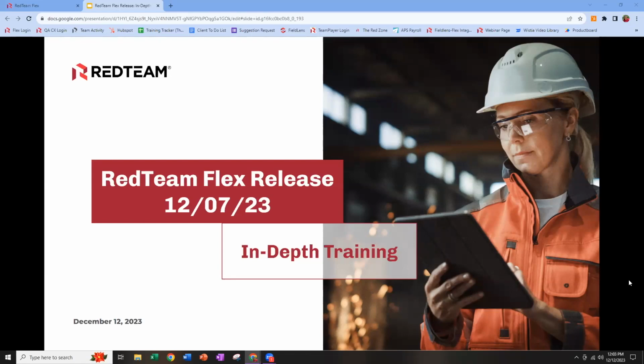I'm one of our senior implementation specialists here at RedTeam, and we're going to be going over our RedTeam Flex release as of December 7th. So you may have seen our pre-release training. This is just going to be a reiteration of all those same topics. We're going to go over everything that was added or changed last Thursday, and we'll give you an in-depth look